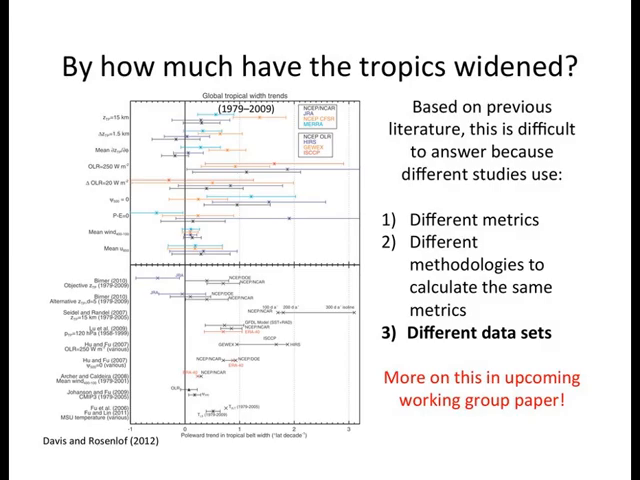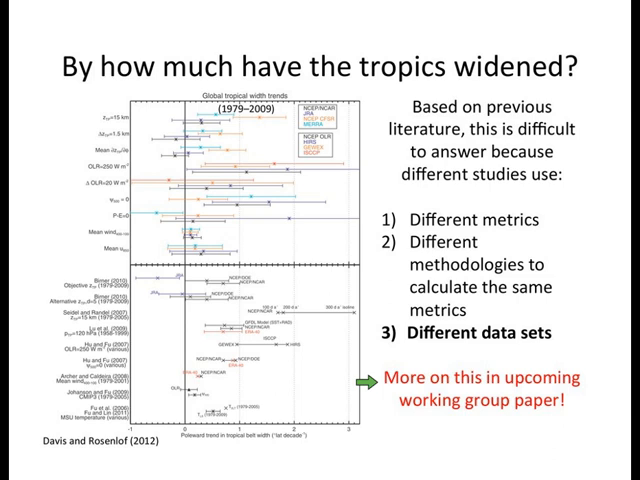And then the final point here in terms of metrics is this issue of different studies using different data sets. I'm not going to dwell on this too much in this presentation. There's going to be more on this in our upcoming working group paper that I'll talk about in just a second. But just to summarize this in a sentence or two,